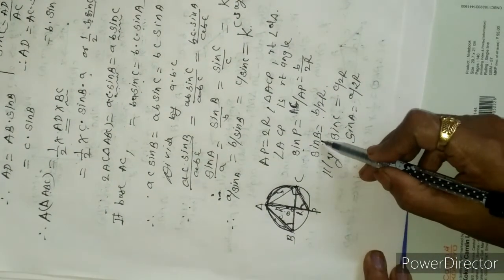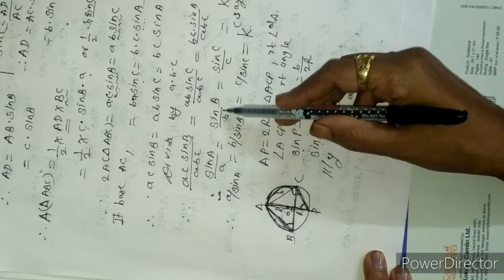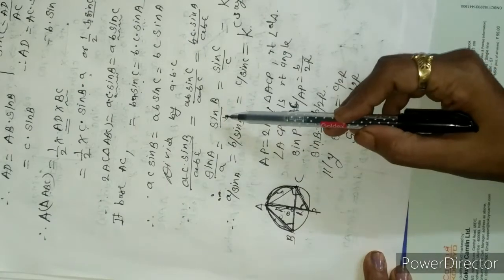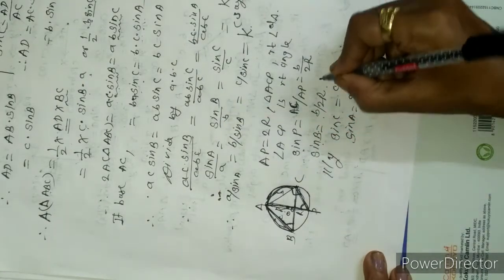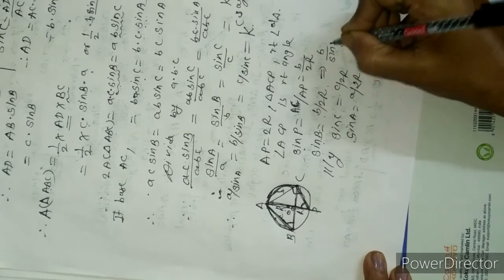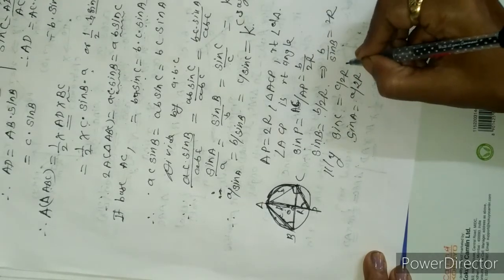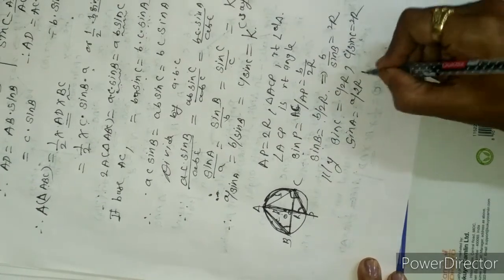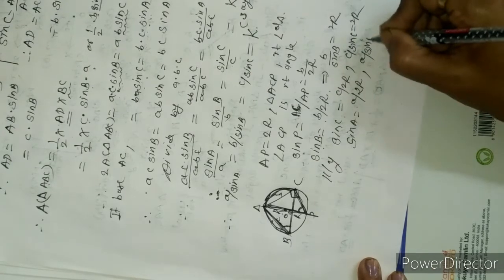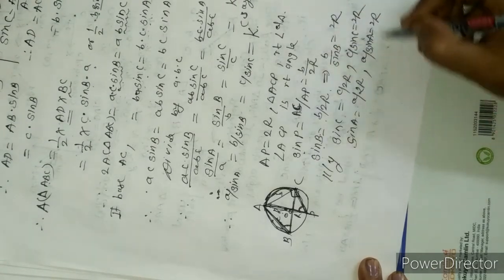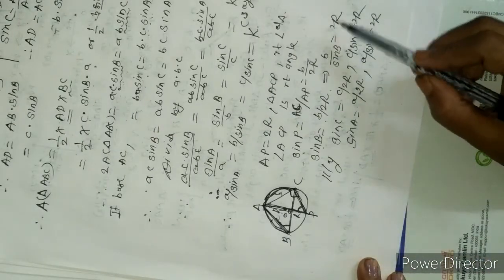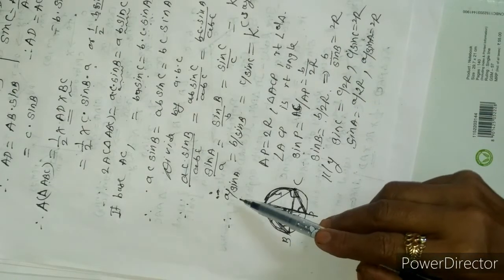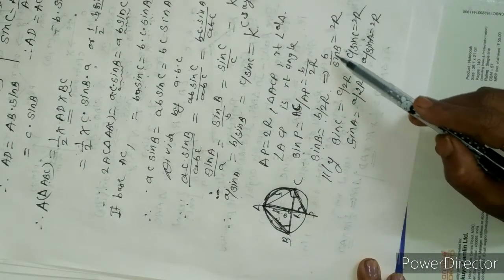So once you find sin B is equal to B upon 2R, using this relation we get B upon sin B equal to 2R. Again here we get C upon sin C is equal to 2R, and here we get A upon sin A, which is again 2R. So all these three relations compare with the right side, which is constant, and these are equal to each other by using the sine rule, and therefore we prove B upon sin B equal to 2R.